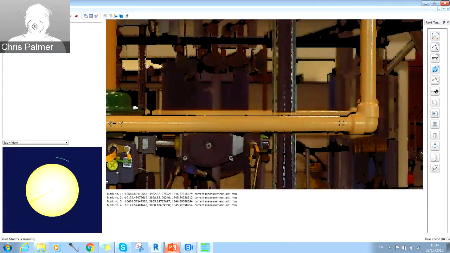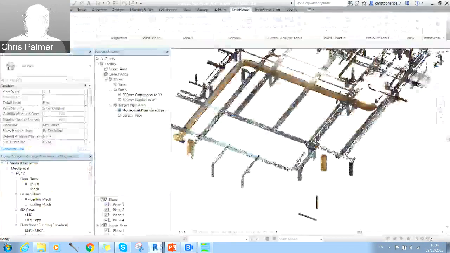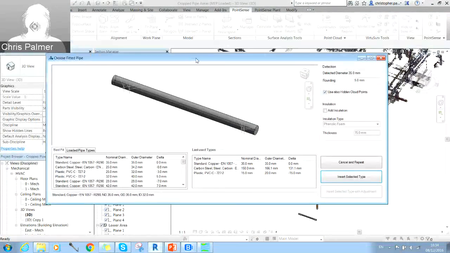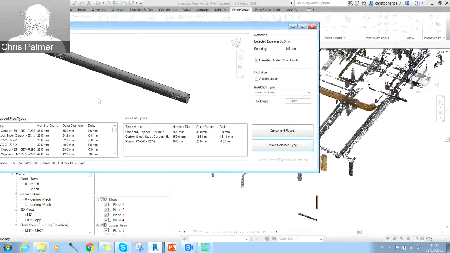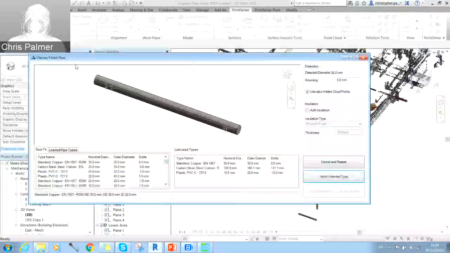You can see the screen's flashing slightly. Obviously, it would be better to have two monitors here now, but it's sending that coordinate to Revit. We go back into Revit, and what we have is this particular pipe. Now, because we've got that part of the point cloud hidden, it's not giving us that point cloud overlay, but it is finding the same detected diameter, which we know is correct, so we can select that pipe